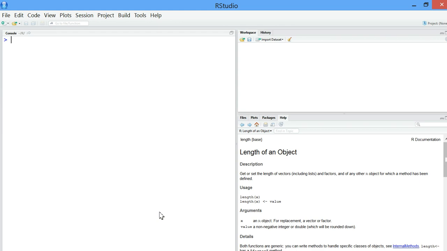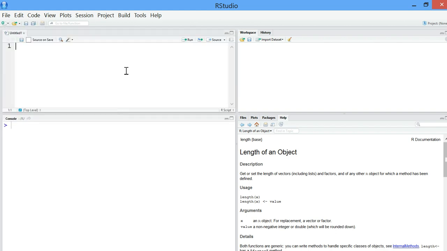Remember, we have Open R Studio. Today we're going to talk a little bit about how a program is organized. Now, a program is organized almost like a story. And I'm going to talk a little bit about my